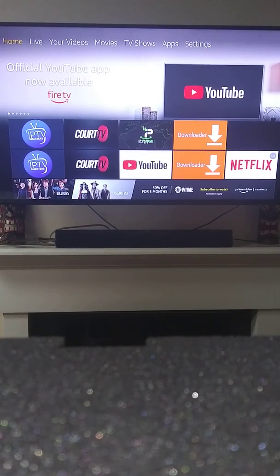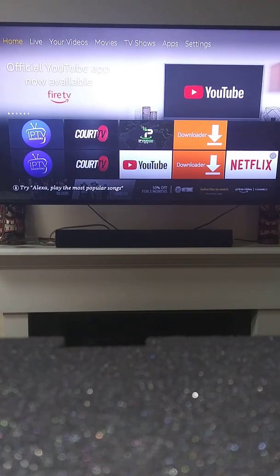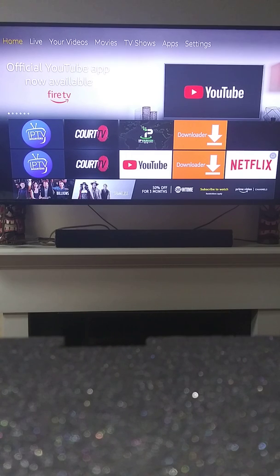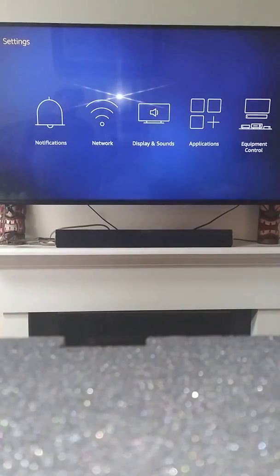Alright, so when you get your Fire Stick, you sign into your Wi-Fi account and sign into a Google or Amazon account. And once you sign into the Amazon account and you've signed into your Wi-Fi, this is the screen it's going to bring you to. Now, I've already got some of my stuff programmed on this one. I just took the build off so I could show you how this works and how to do the build. Alright, so from this screen, you're going to want to scroll over at the top, go over to Settings,